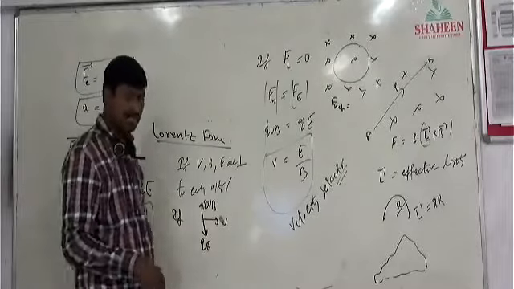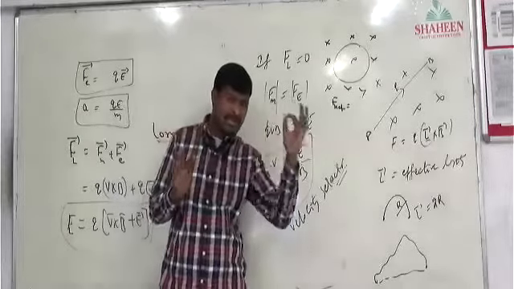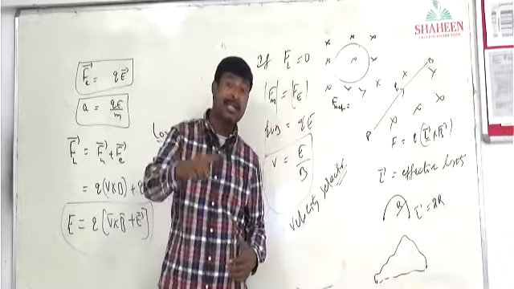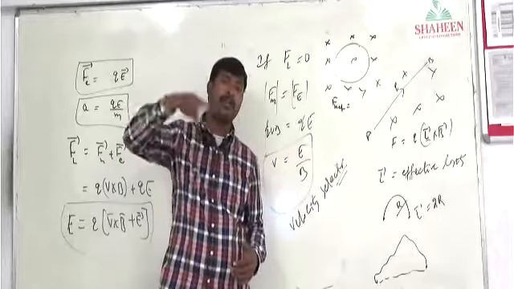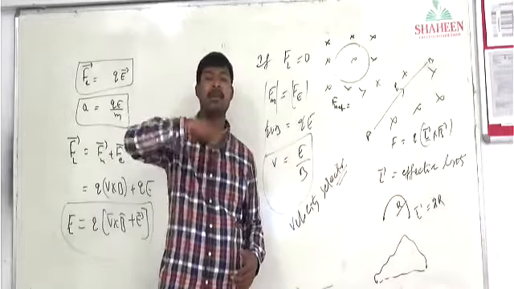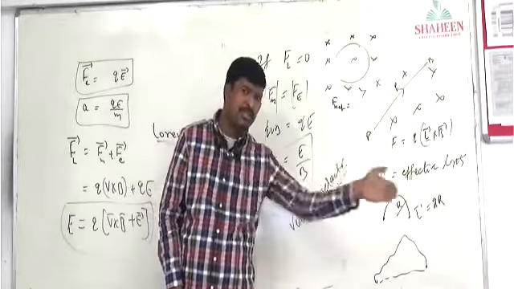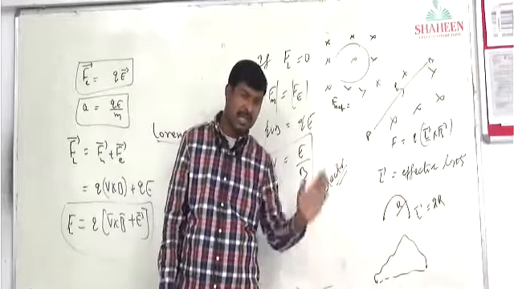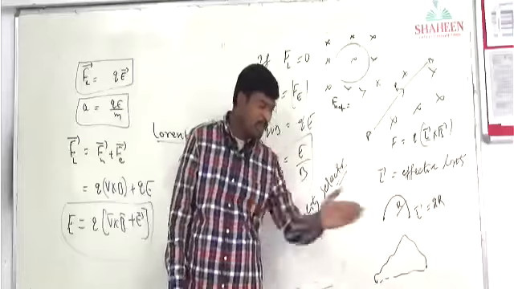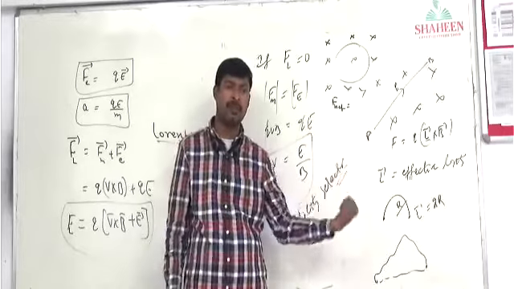Somebody is asking about the pitch. Pitch is the horizontal or straight distance, the forward distance, traveled by the particle in one time period, or one circle completion. In one circle completion in the helical path, how much time will it take? In that time, how much does it move forward? That forward distance, the distance traveled in the forward direction in the time of one circle, is called pitch. So forward distance is velocity V parallel into T, the time period for one circle. That is the reason I wrote V parallel into T.